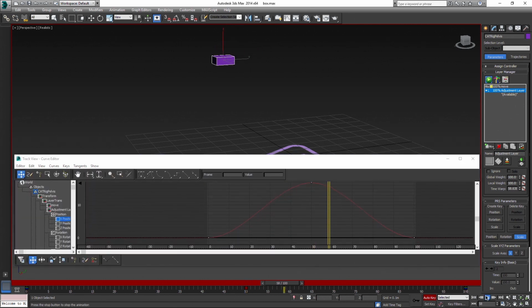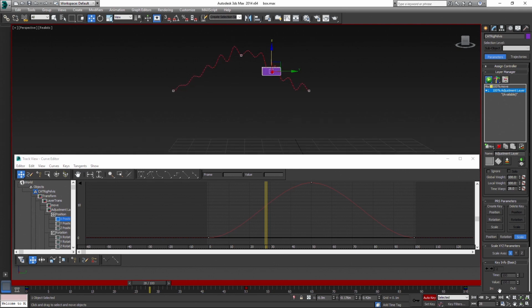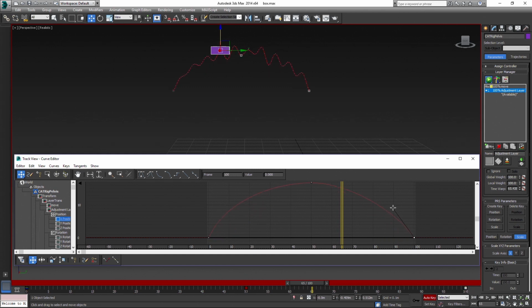And what happens is that the animation in the adjustment layer is mathematically added to the initial wobbly movement without destroying it. You can even change the tangents and immediately see the result. This way you can keep both curves separated and easier to edit.